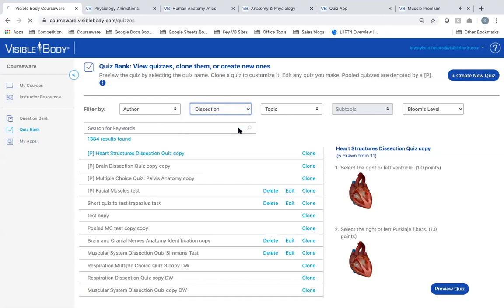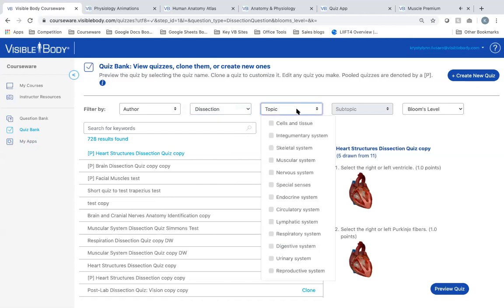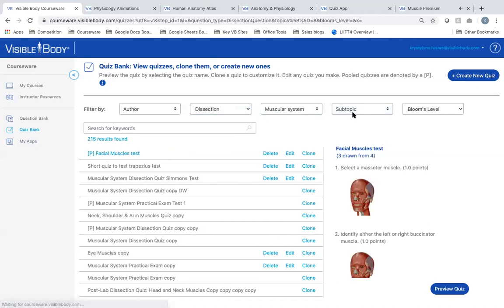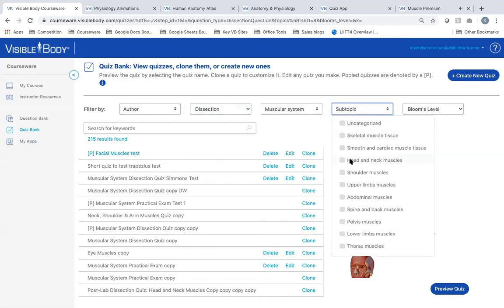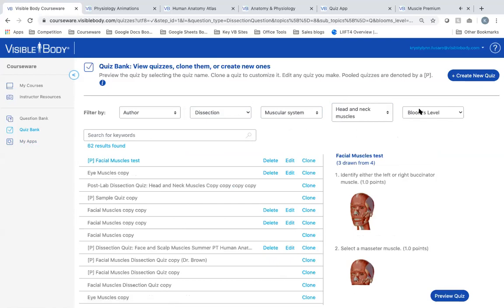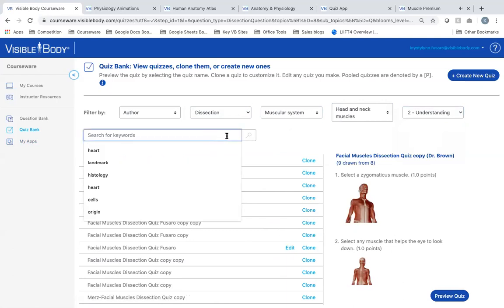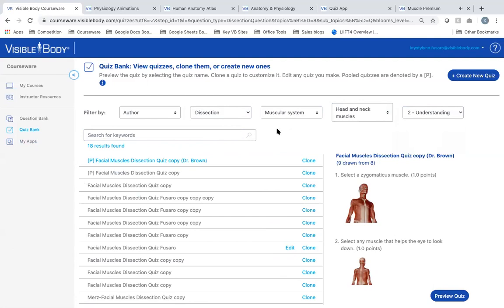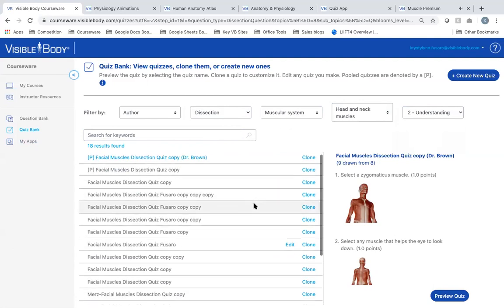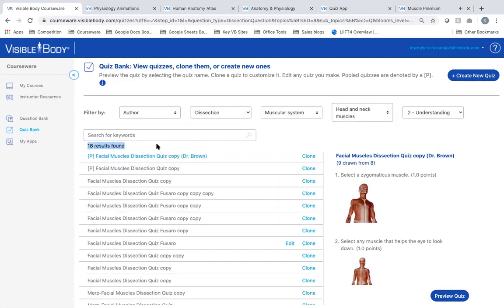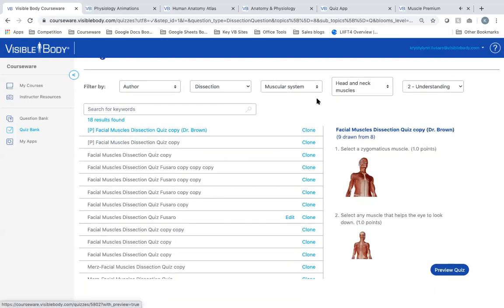But if we do want to search here for a specific quiz, we can look by topic, and we can also go even deeper in the categories to a subtopic. And then you also can search for Bloom's level. There's also a nice keyword search function, so you can easily find something based on a keyword. And then this is going to show you the different results that we have for the types of questions you're